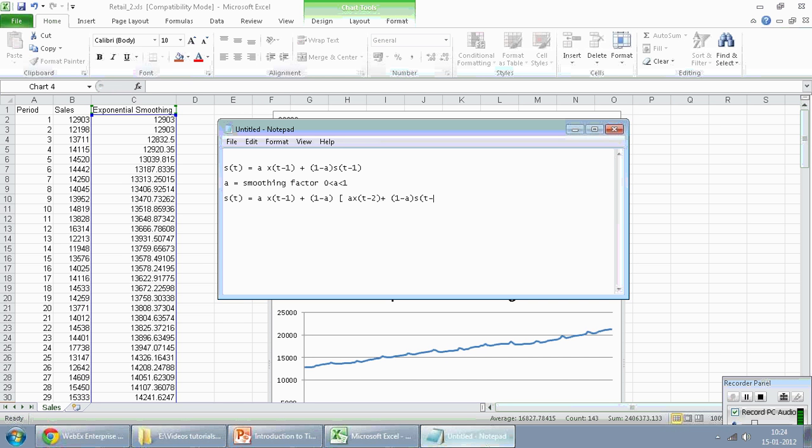And S of t minus 2 over here, right? Again, minus 2, yeah. So if I open this up, it again becomes equal to a times x of t minus 1